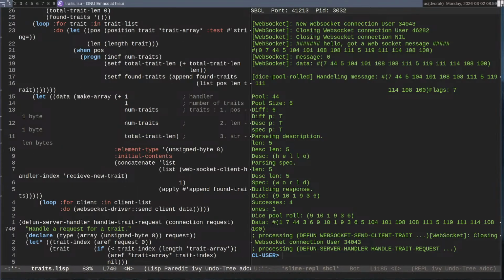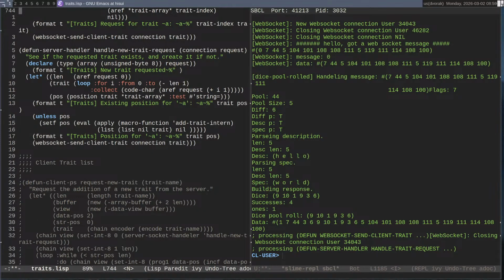Next, we have the new trait request, which is the client has requested, hey, can I make a new trait, and this is what I want it to be called, which should add a new trait to my trait array, and then send back a response saying, yeah, sure, here's your trait.